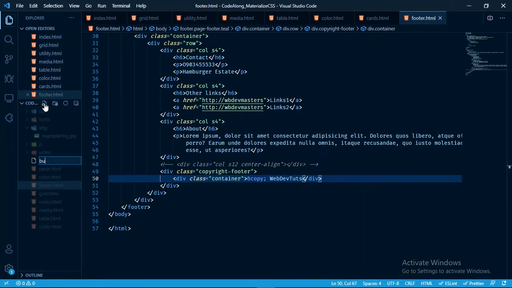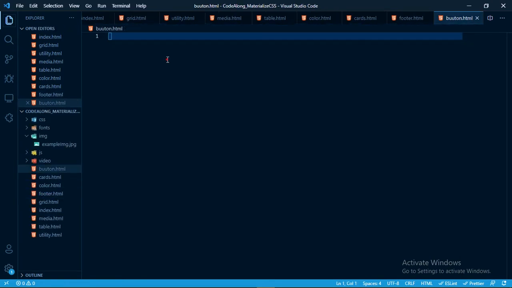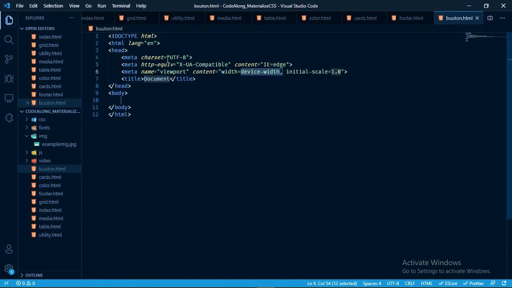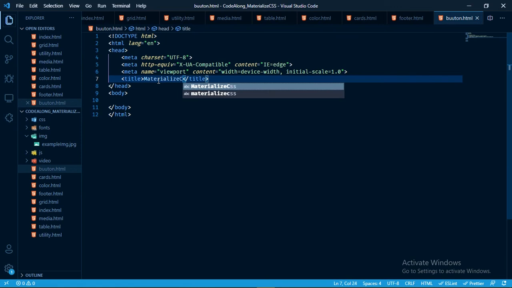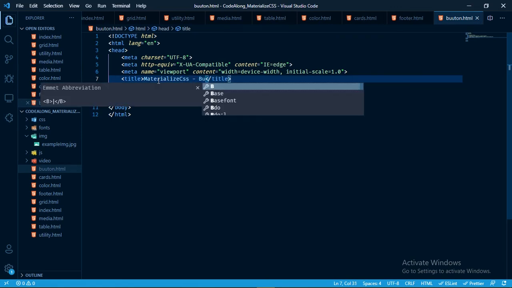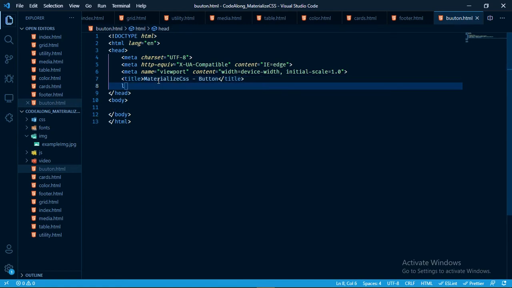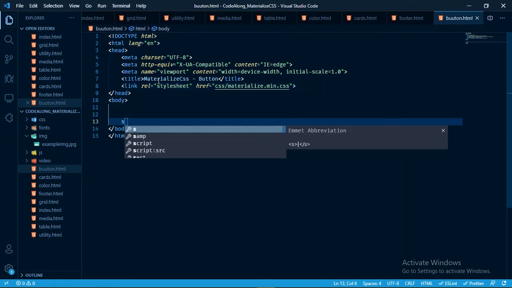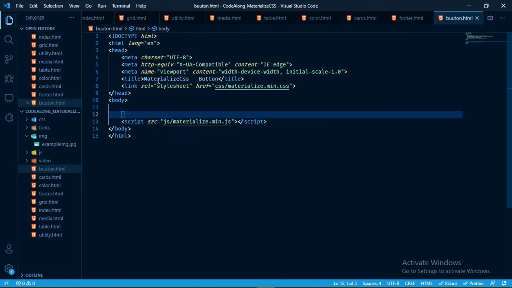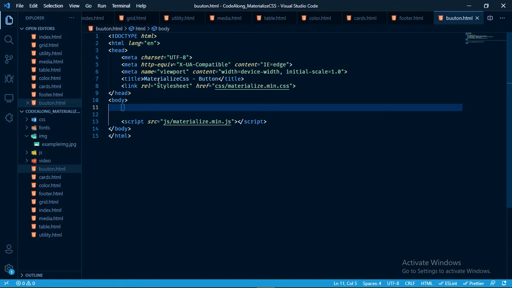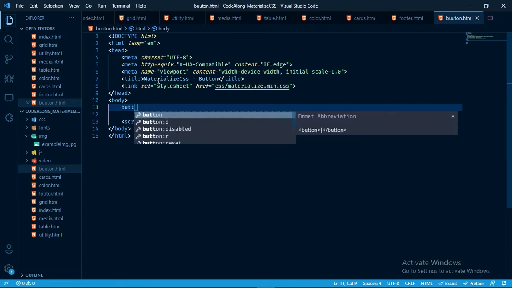So button.html. Let me open this up. Materialize CSS button, and our link should be CSS slash, and our script should be JS slash, and then just like I told you in our installation, we have a button tag with